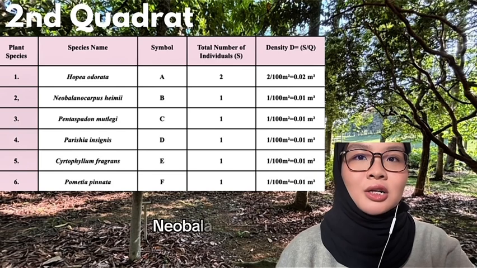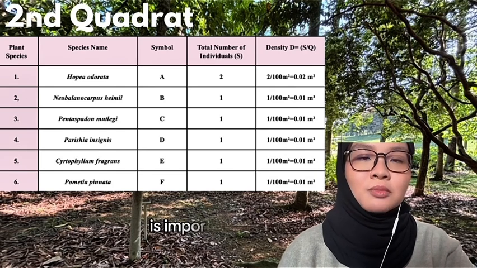Among other species, Neobalanocarpus heimii, also known as chengal, is important ecologically and economically due to its durable timber and